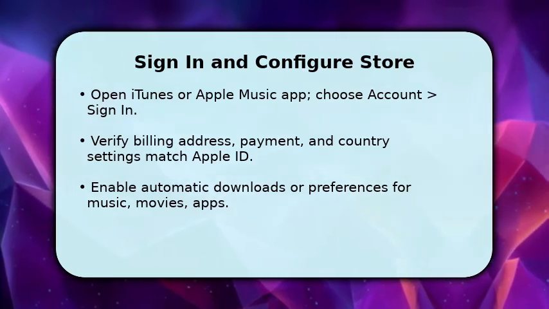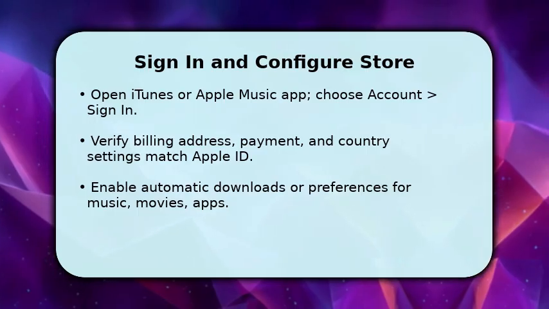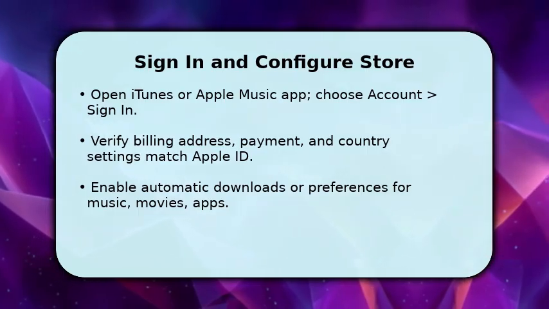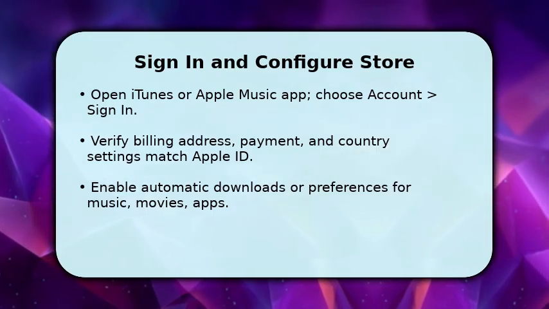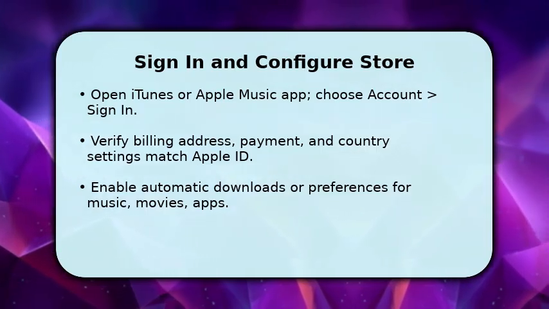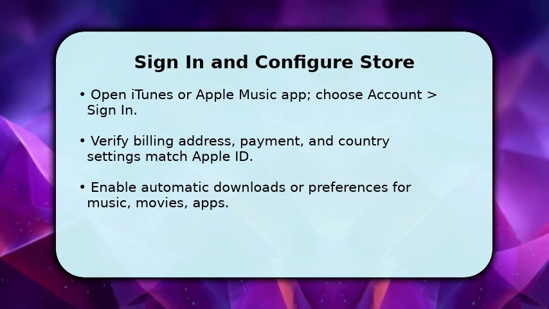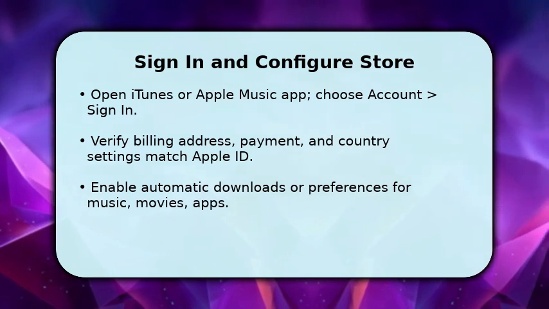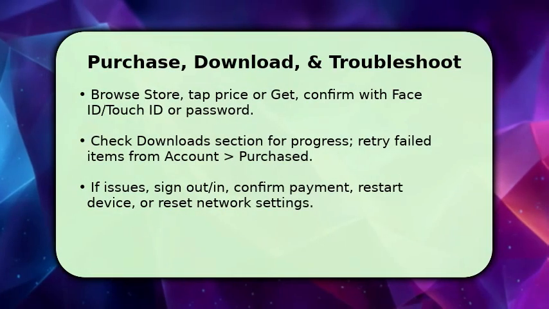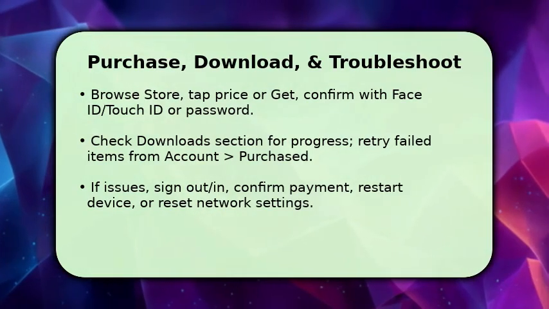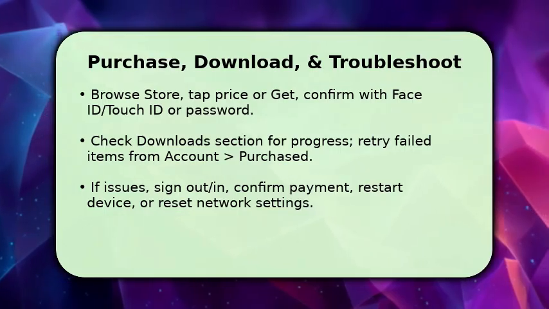details block transactions. After that, configure store preferences, turn on automatic downloads for purchases, or set download quality to streamline future content delivery. Make these adjustments now so buying or re-downloading content later is seamless and tied to the correct Apple ID. You complete a purchase by tapping the Price or Get button, then confirm with Face ID, Touch ID,